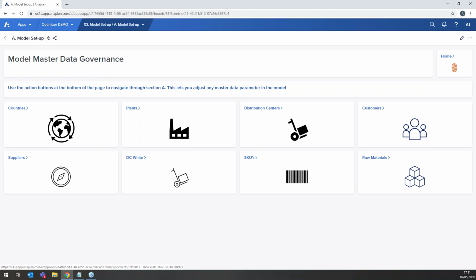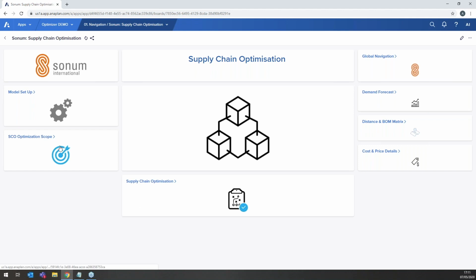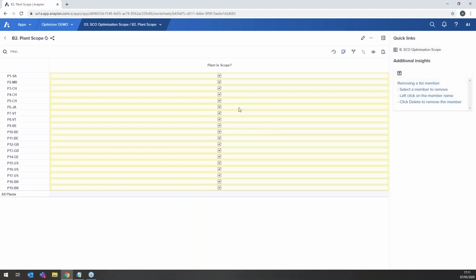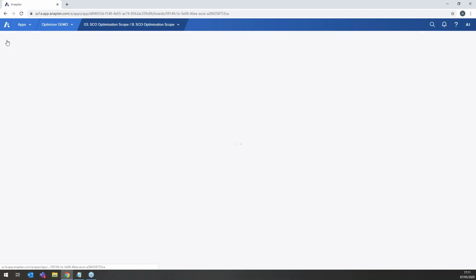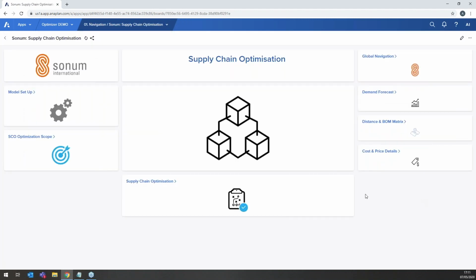So this is about what we talked about, what is available for our model, and we can do it for all of the different components within this. We can also adjust the scope if we want to remove something from a scenario straight away. We want to limit the size of our problem. We can do that by just taking a particular plant, for example, away from the optimization process. We can also, of course,